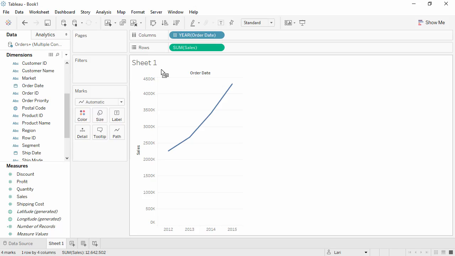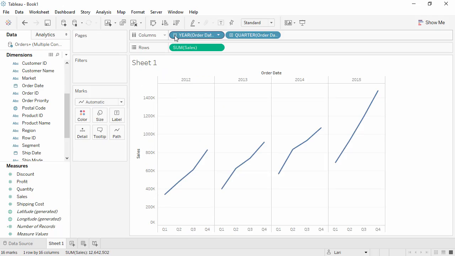Tableau Desktop aggregates our dates at the year level. We can expand this with the plus symbol on the pill. Now we see both quarters and years in the view. To see how all of our Q1s are doing over the years, we can easily pivot the data so quarter